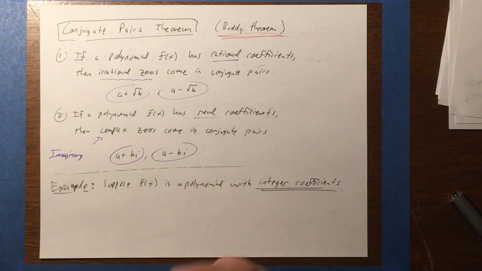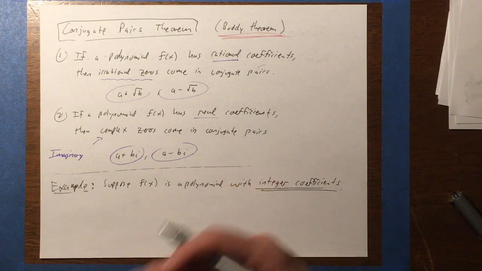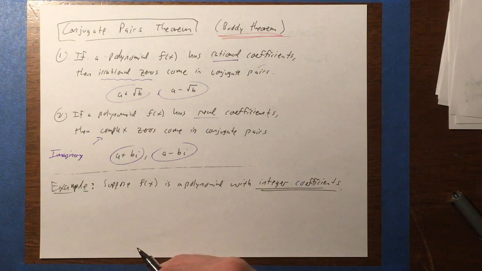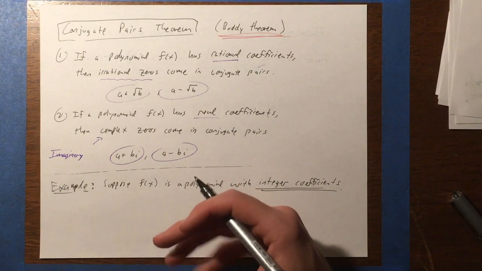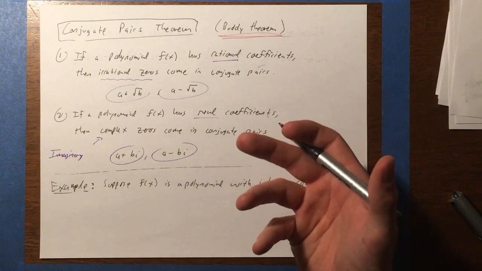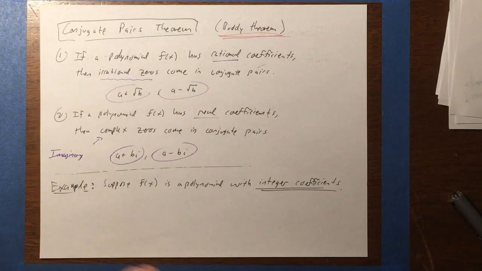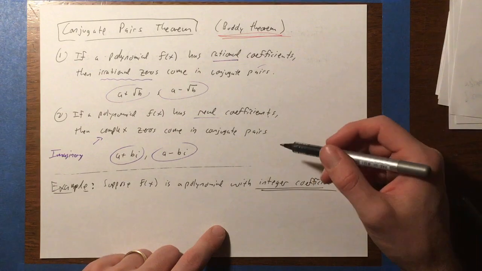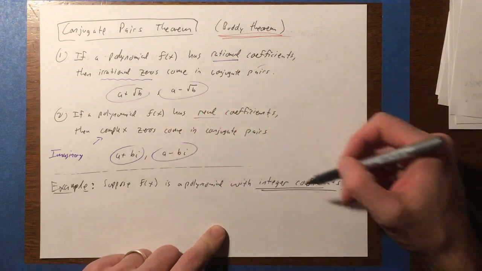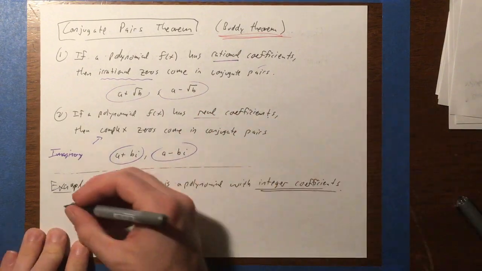To be honest, the study of polynomials largely revolves around integer coefficients. Not exclusively, of course, especially when you get to applications with modeling and stuff, you might use whatever kind of coefficients you want, but usually you are at least dealing with rational coefficients, and those can be simplified into integer coefficients just by clearing denominators. So let's focus on that. You have a polynomial with integer coefficients, and